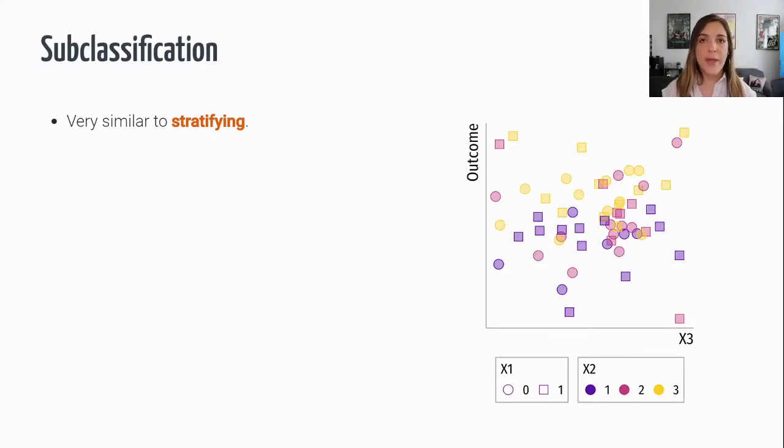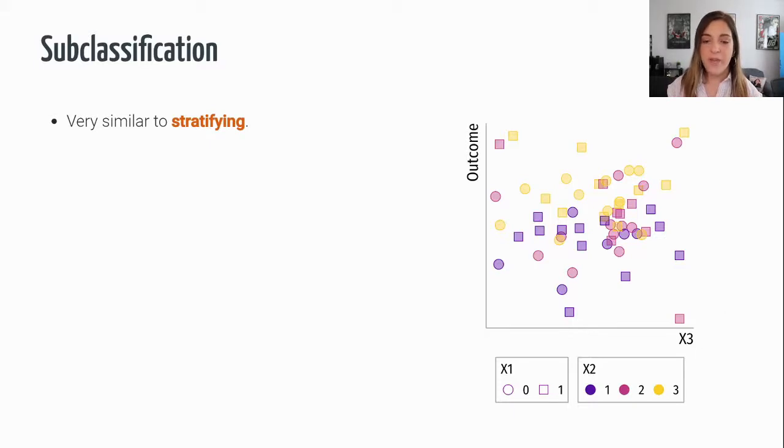So now going into the ways that we can actually do this in practice. I wanted to start from the very sort of high top, the most coarsened way to compare like to like, which in this case will be subclassification. Subclassification is very similar to the idea of stratification that we saw in the previous class. So basically what it means is that I'm going to group units depending on their similarities of characteristics, and then I'm going to compare,